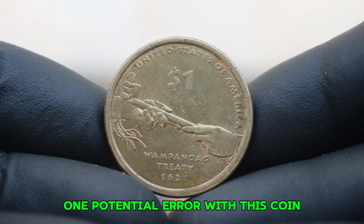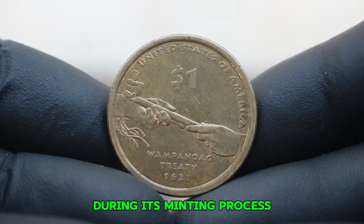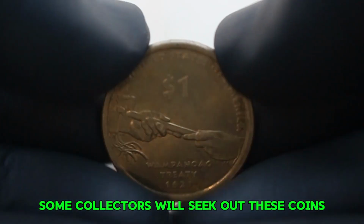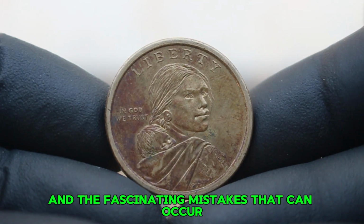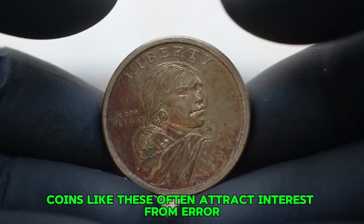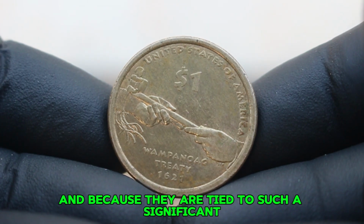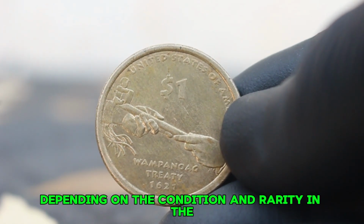One potential error with this coin could relate to the improper strike that occurred during its minting process, leading to some examples having poor detail or unusual coloring. Despite being in dirty condition, some collectors will seek out these coins due to the historical significance and the fascinating mistakes that can occur during the minting process. Coins like these often attract interest from error coin enthusiasts and collectors of Native American history, and because they are tied to such a significant historical moment, the value of these coins can vary depending on the condition and rarity